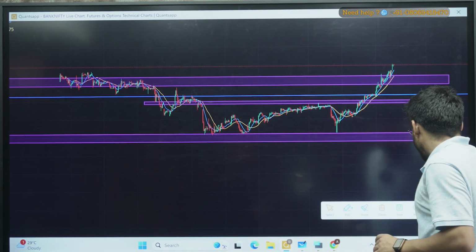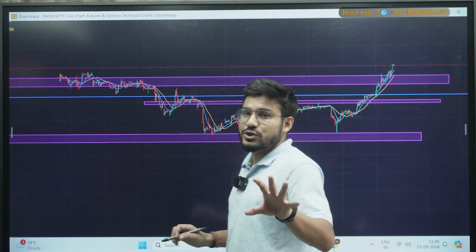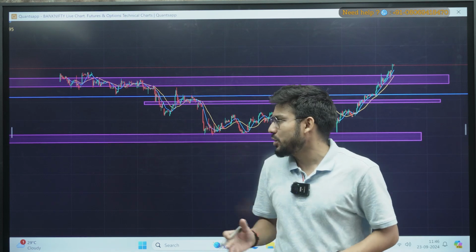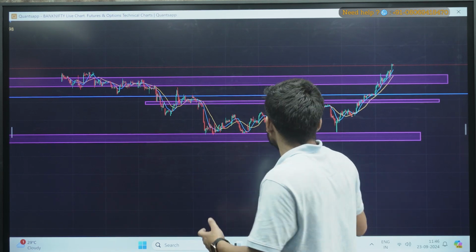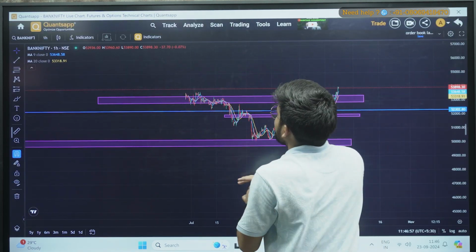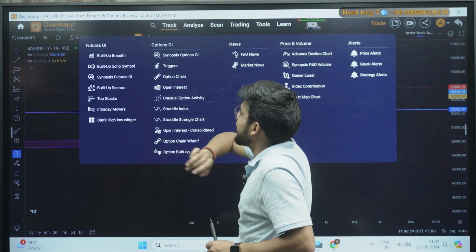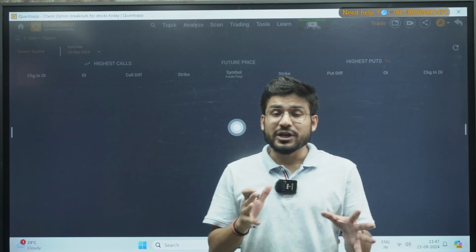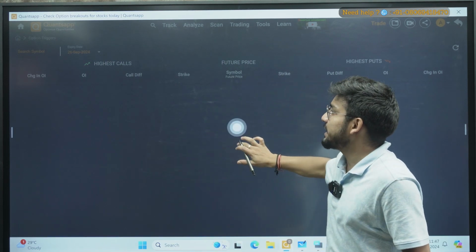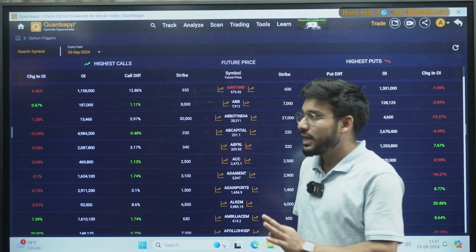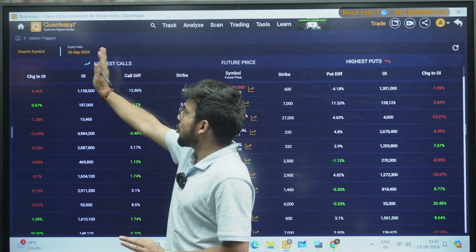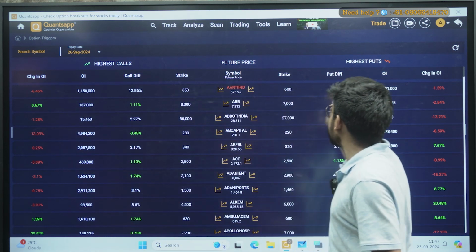Now let's see how you can select stocks, like which are breaking out of the resistance or support. For that, you can go to the track section, and in the track section we have triggers. Right now I'm talking particularly about intraday. This is the indicator that you can use for your intraday. How it works: it will give you the highest call side in this section and the highest put side in